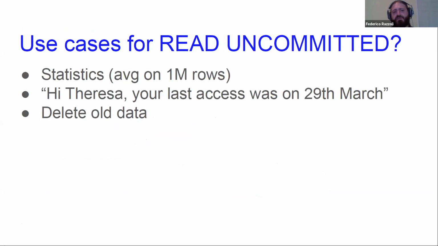But okay, sorry. So having said that, what are some use cases for read uncommitted? Well, as I mentioned, you could do it, again, to run some statistics and you don't care about small inaccuracies. You can use it to show the classical message like, hi username, your last access was. Why can you do it? Well, because hopefully you are sure that no one is modifying that data while you are running this query.